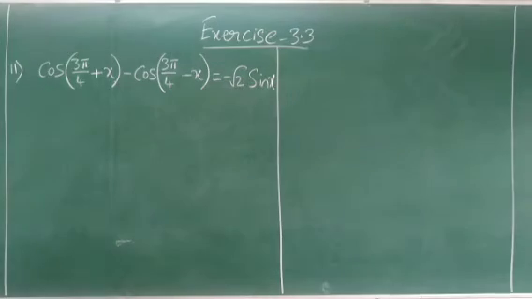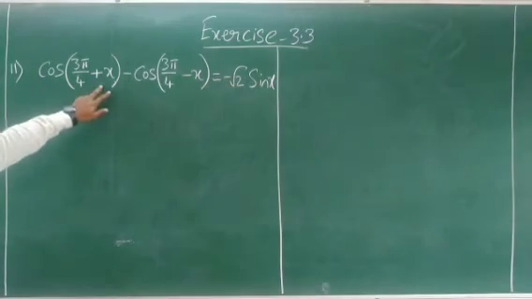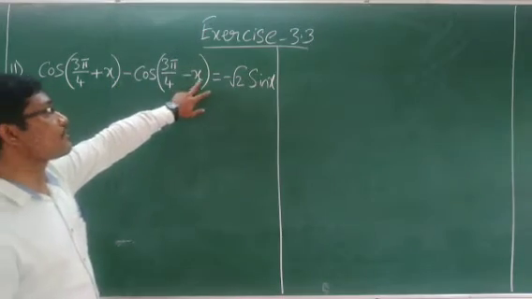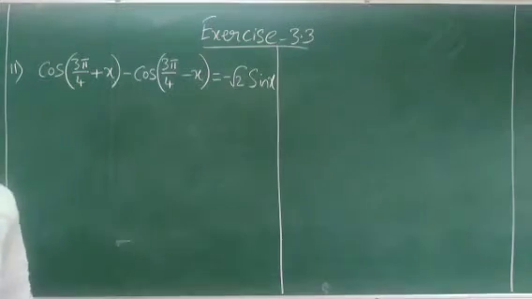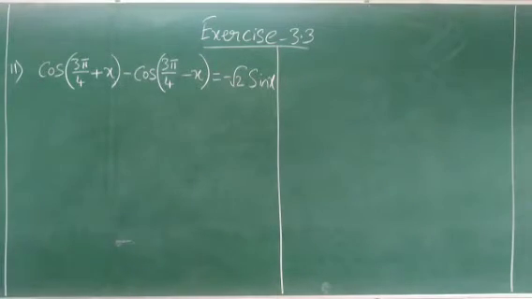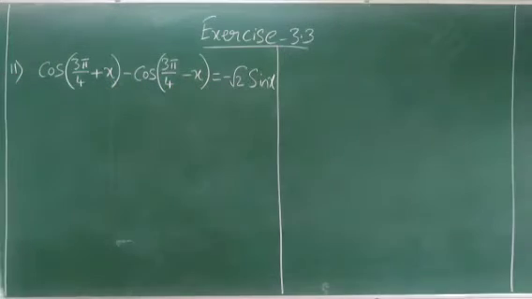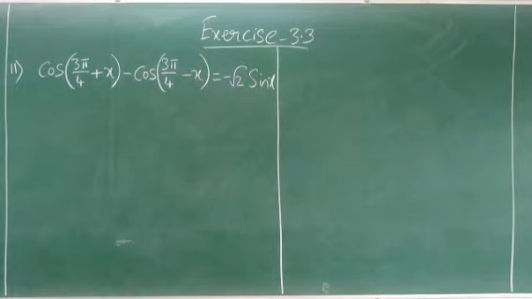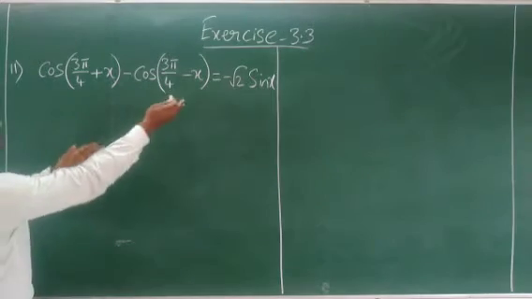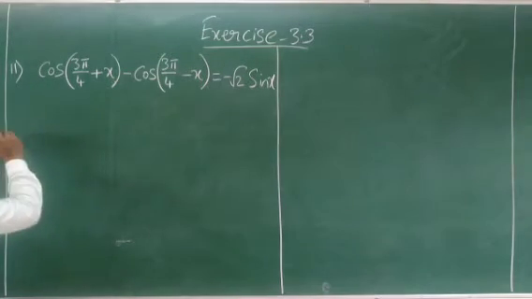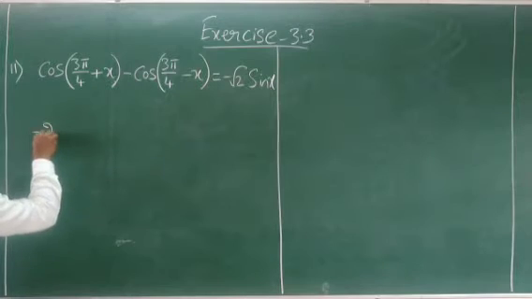In one method, we can apply the cos of x plus y minus cos of x minus y formula, or another method is we can apply the cos x minus cos y formula. We can solve it in any of the two methods. So let us apply the cos x minus cos y formula. Cos x minus cos y is minus 2